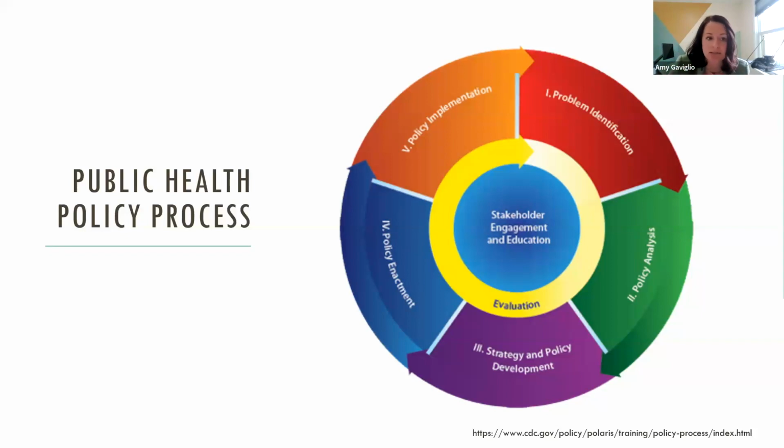often overlap or may occur in a different order depending on the topic and context. But in general, the flow of policy setting usually starts with step one, which is shown in red, which is the identification of a problem or an issue that needs to be addressed. The identification of the issue can come from things like listening sessions or focus groups, general observations, or through systematic data collection.